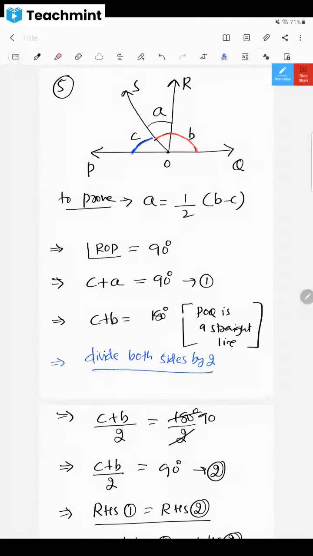See, in the first equation, what is happening, dear children? Whatever the first equation is, now we have got 90 on the RHS. But in the second equation, if I get 180, it becomes quite difficult for me to compare. That's why I divided, so that I can make it 90. Then I can compare equation number 1 and equation number 2, and if I compare, then I will get the relation.